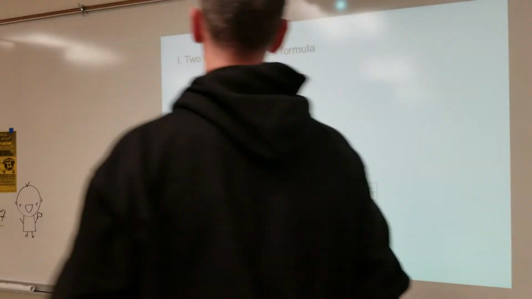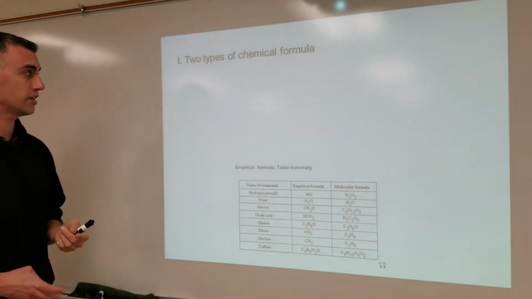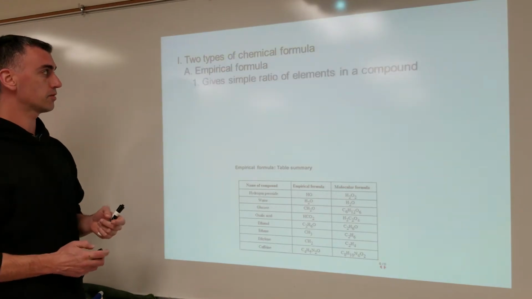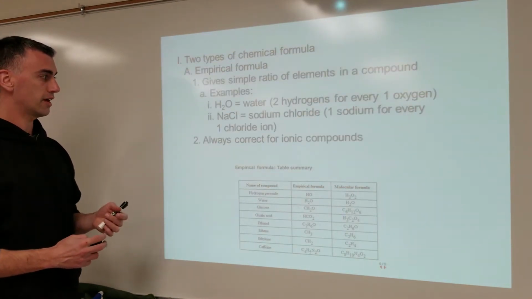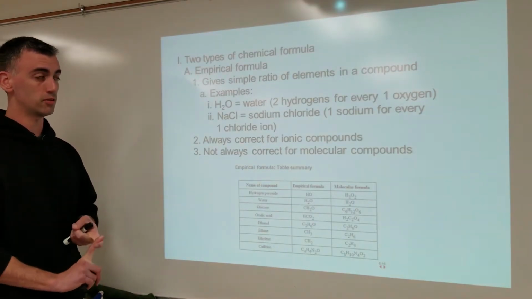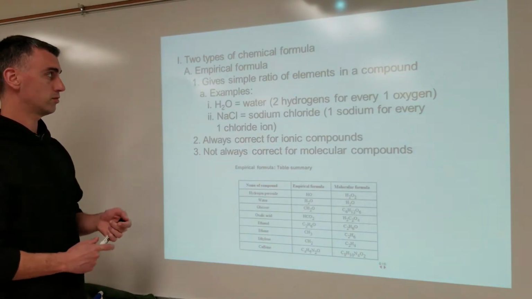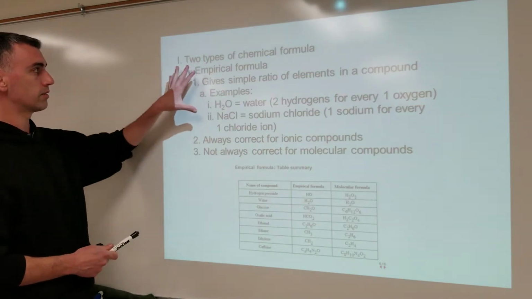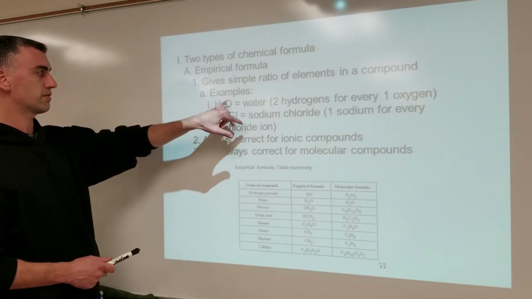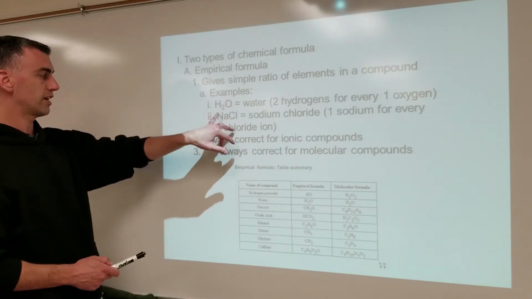Okay, so let's look at different types of chemical formulas. So essentially, in these notes, we're looking at empirical versus molecular formulas. And what this is going to get at is if you're going to describe the formula of a compound, there are two ways to look at it, because what we've talked about earlier is the empirical formula, which is a simple ratio of the elements. For example, water is seen as 2 hydrogens for every 1 oxygen, or sodium chloride, 1 sodium